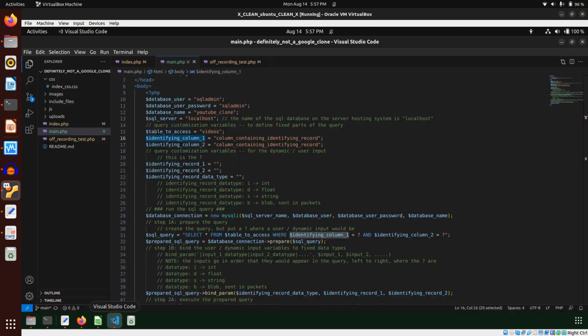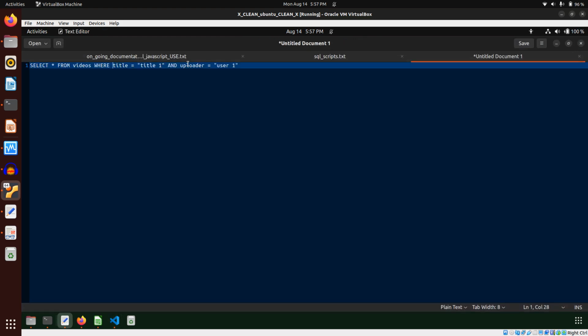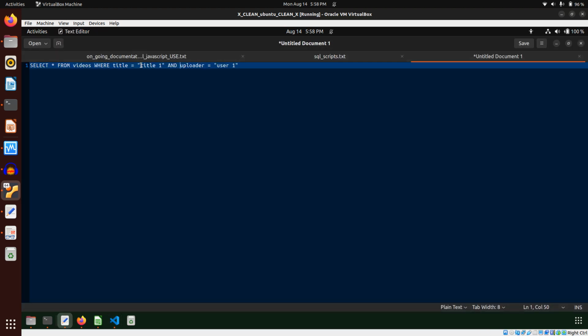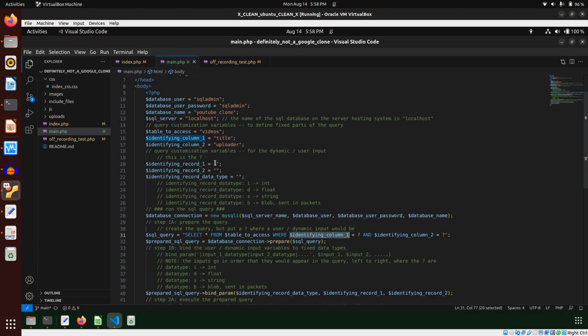title and uploader. And the values which I'm searching for within those columns are here and here. Note that the values are represented by question marks. First, I am looking in the title column here, and I want to look for this title. So I'm going to pop that in here,